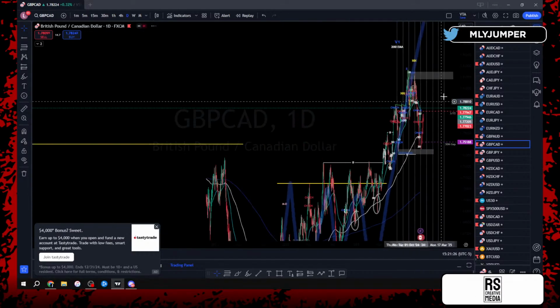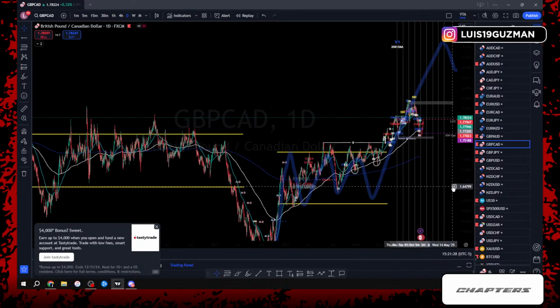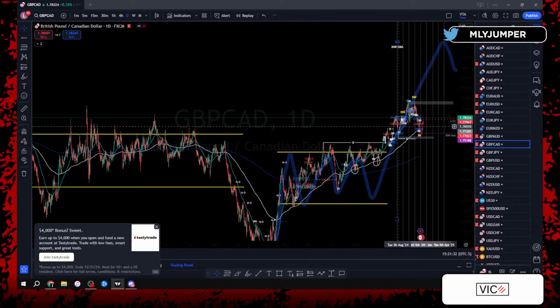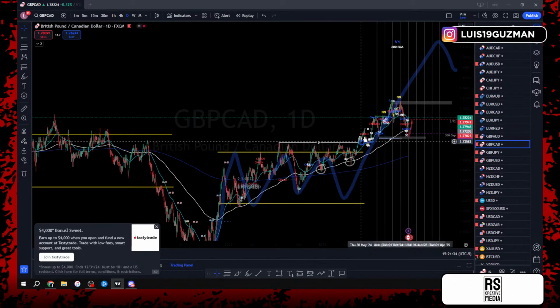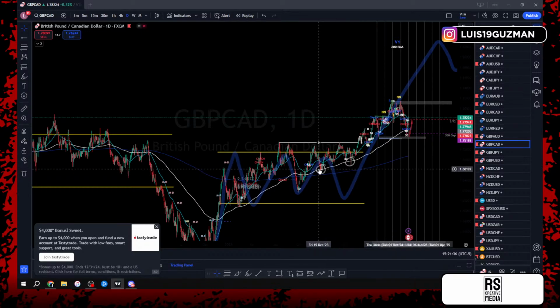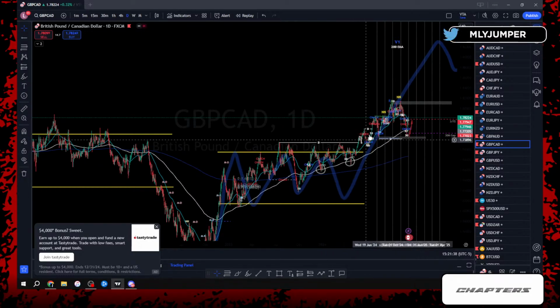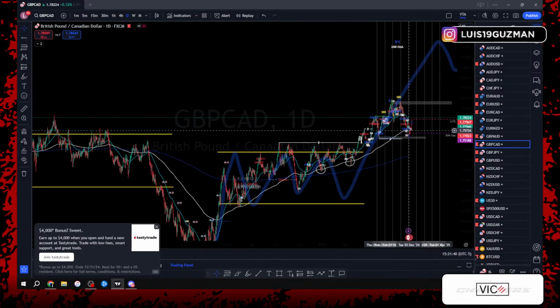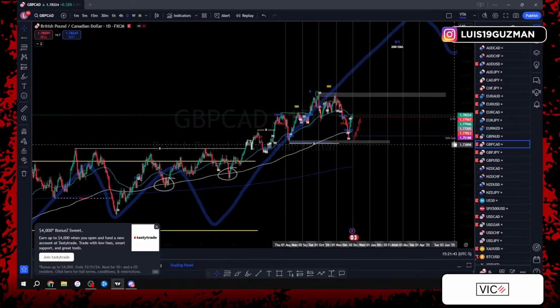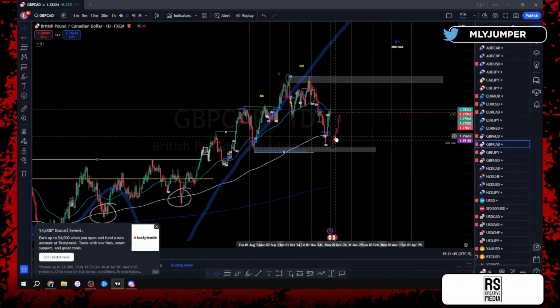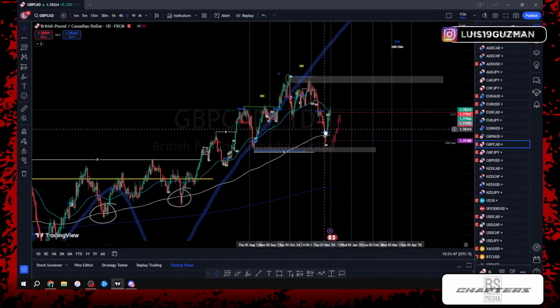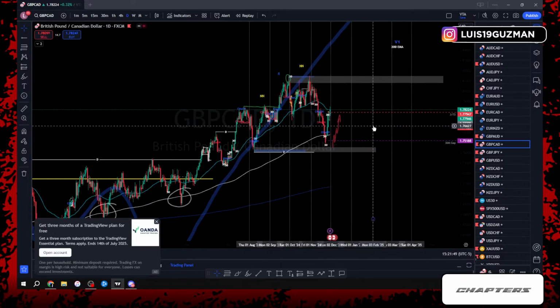So GCAD, we're in V1. We broke out of V1. We started that second push to the top side, right? Level 2. We know that in level 2 we're looking for price to bounce off the 200 EMA. Same way we did here, same way we did here. We got the push and we got a pullback, right? We won't get it perfect every single time, but we got the bounce, we got the rejection, we got the inducement, and price continued to push to the top side.